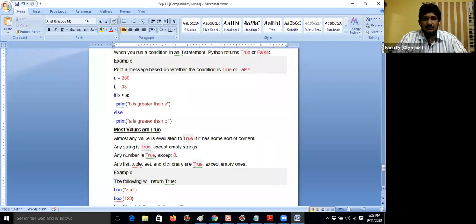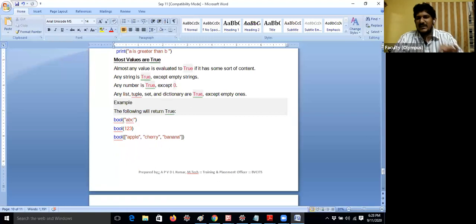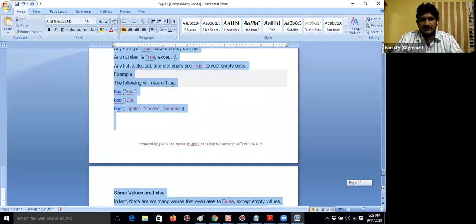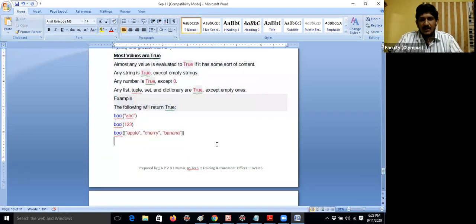Most values are true. Now I will explain. These are very easy entry questions only. You don't need to write them in the examinations, especially for second CSC students, guys. Now the time is 6:28. In 2 minutes it will definitely be complete. Hope you understand, guys. If you have any doubts, please mention them in the chat box immediately.